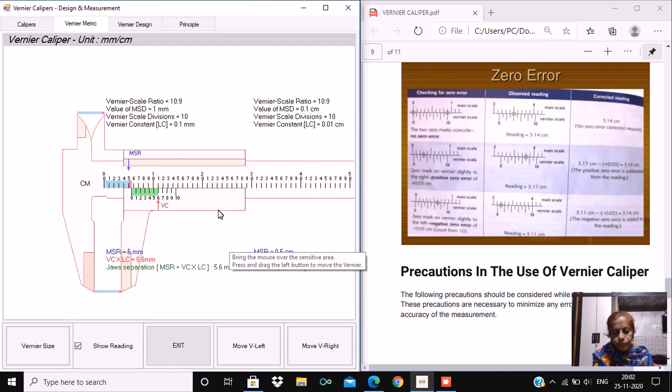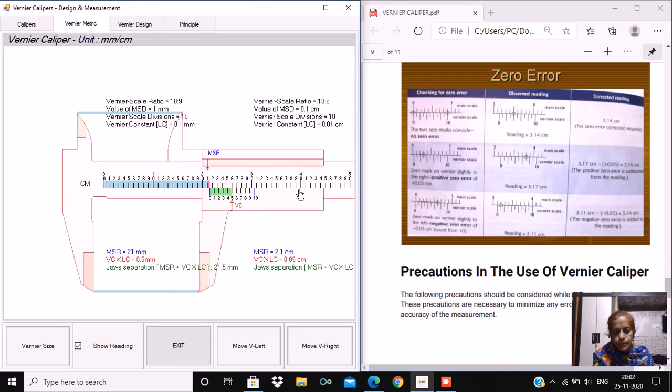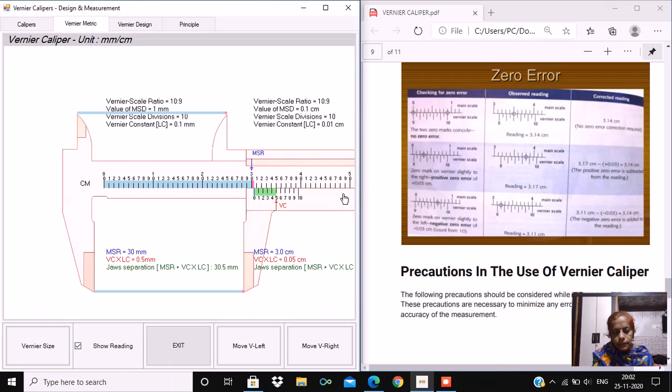So I am placing my object and finding the length by placing it in between the jaws. So this is the condition. The length will be determined using this convenient tool, which is a vernier caliper. The main scale reading here is 3.1 centimeters and the coinciding division which I am showing is